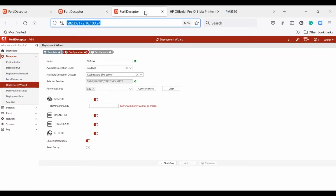Now let's move to the SCADA decoy, what we call SCADA version 3. You can choose SCADA decoy best profile where you can customize the IT and OT protocol parameters. New OT decoys like EcoStruxure BMS Management Server, PM5560 Power Meter, and SCADA PAC 333E. We also add two new OT protocols, DNP3 and 3Connects, to expand